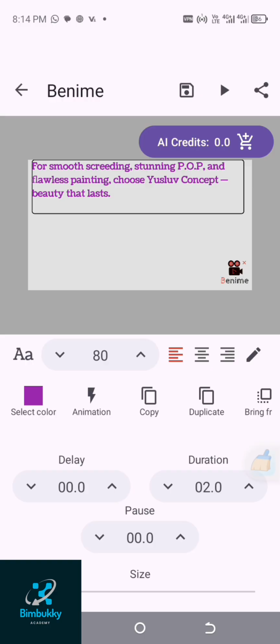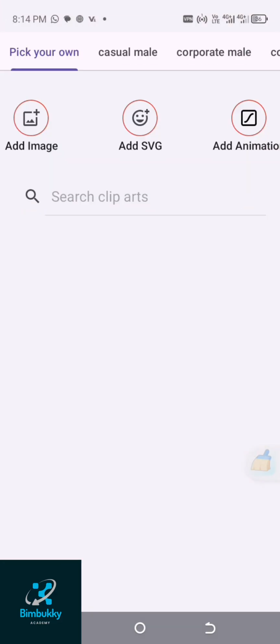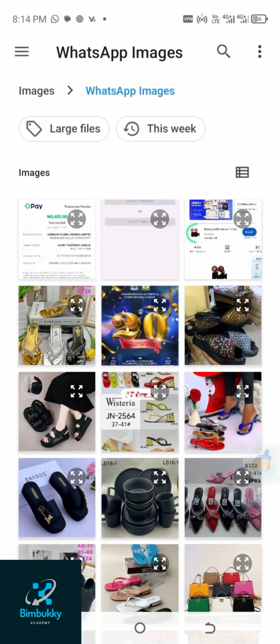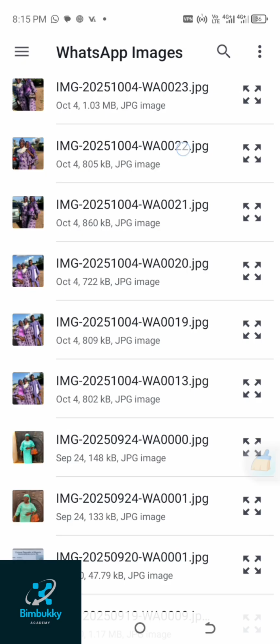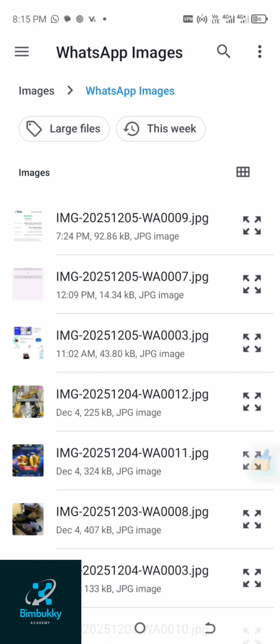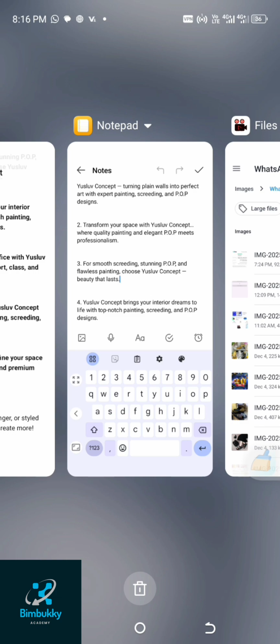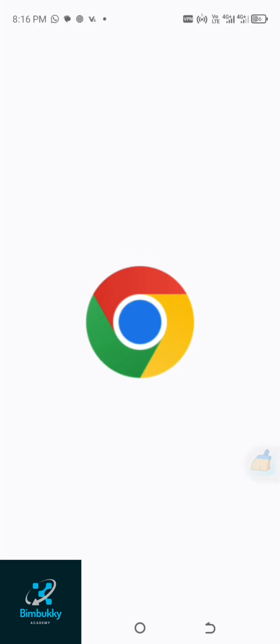So the next thing is to add image to it. I'm looking for a perfect image for it though. These are what you can do. You can go and search for an image that can match your project. There are so many ways you can get images for your project. The first one that I will use now is Chrome. When you go to Chrome,